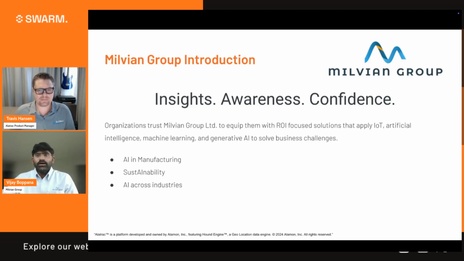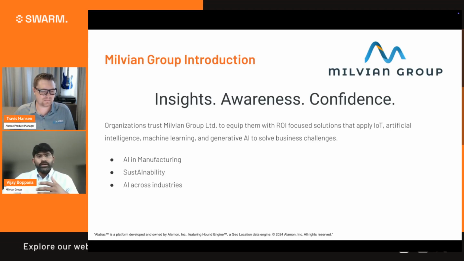Our innovative sustainability program uses IoT sensors and AI to help companies achieve their environmental goals while improving their bottom line. Whether healthcare, retail, or energy, our ROI-focused approach ensures that every AI solution delivers measurable results